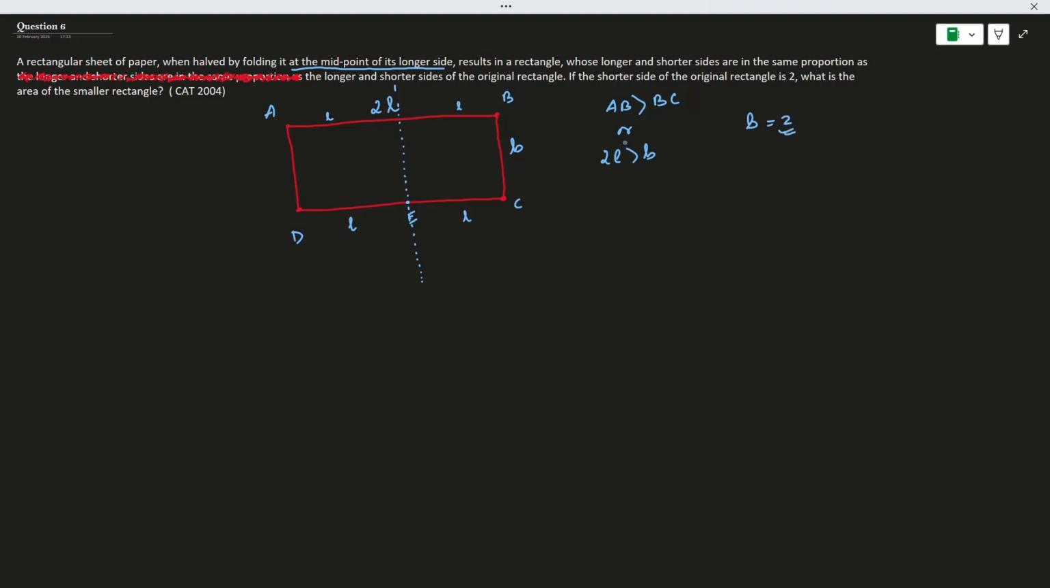We are told that it results in a rectangle whose longer and shorter sides are in the same proportion as the longer and shorter sides of the original rectangle. So for the original rectangle, what will be the ratio of the length and breadth? It will be 2L by B. For the new rectangle,